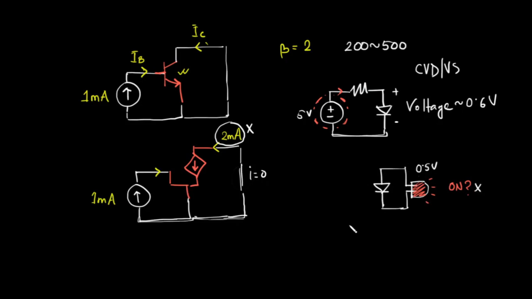This LED will not turn on if you connect a diode to an LED like this. If you put a voltmeter here, you will see that the voltage across the diode is 0. There will be no voltage across this diode. Similarly, if there is no supply, the transistor cannot produce a current on its own. Since a transistor cannot produce a current on its own, you will get no current. The current will be 0.